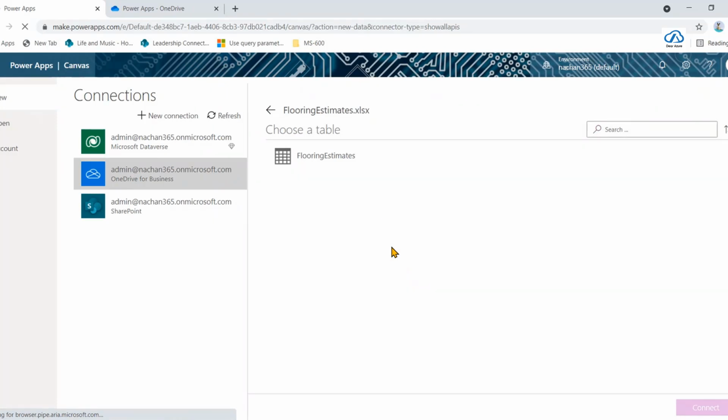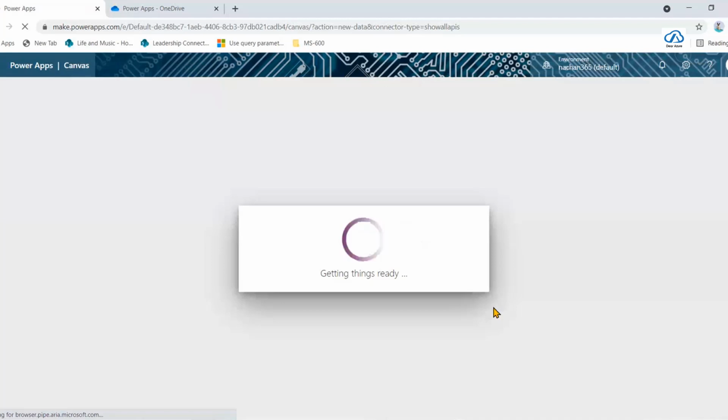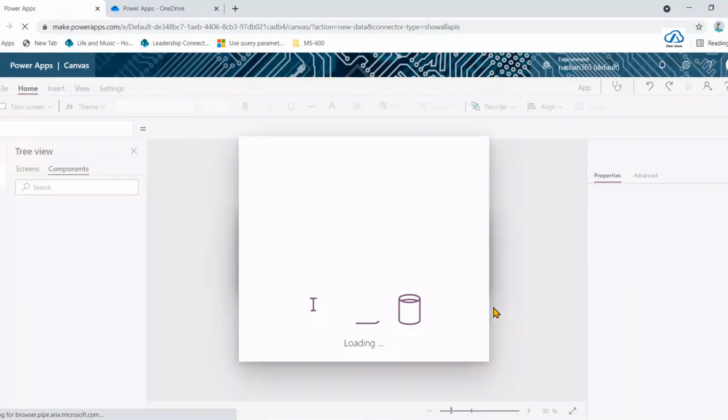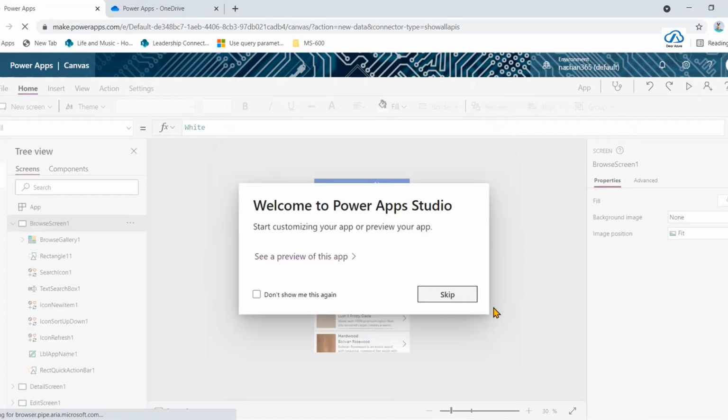Once we select the file, it will give us all of the tables which are available there. So this is a table that we saw, which was available in our Excel. We will select that and click on connect at this right-hand bottom corner. Once we connect, it will read out that particular information into Power Apps, and then it will present us with some kind of forms through which we'll be able to play around with that information in